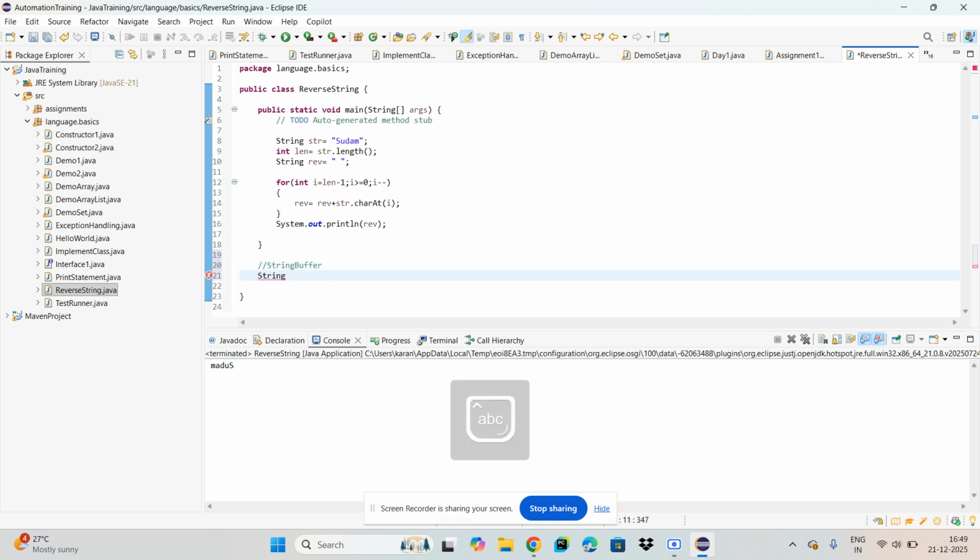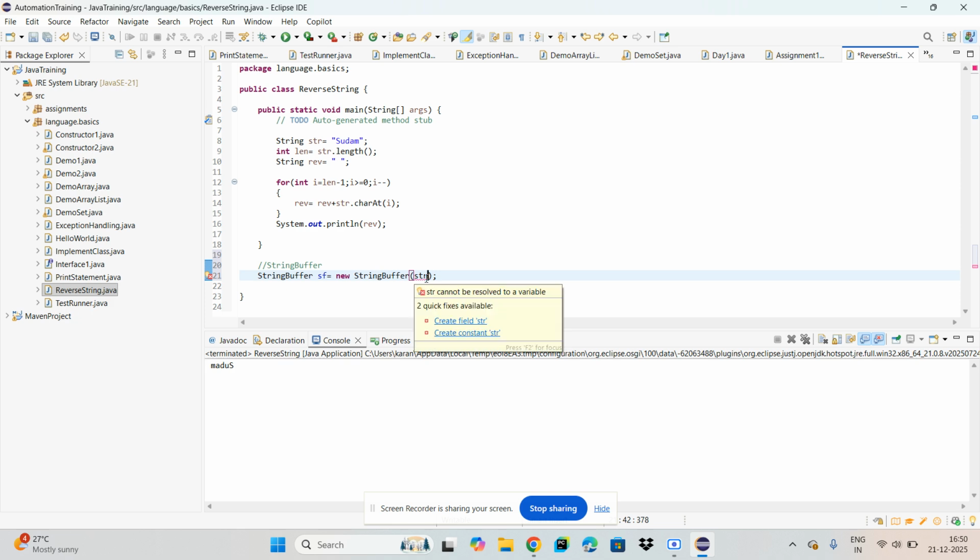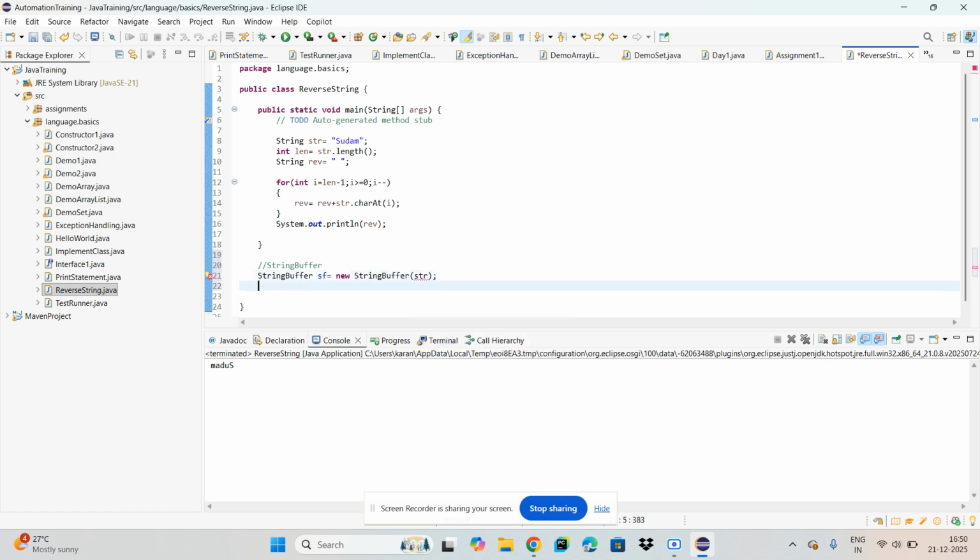So StringBuffer sf equals new StringBuffer, and we will pass our string here, str, and what we'll do, sf dot